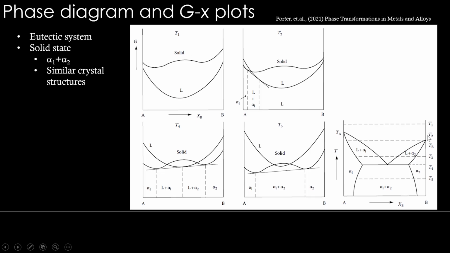And at temperature T2 has this two-phase equilibria here only in this A-rich composition. So that has to be reflected here. You see the solid and liquid have this sort of intersection, and a common tangent is drawn like this, so that this point and this point can translate to this liquid plus alpha tie line region here, right?